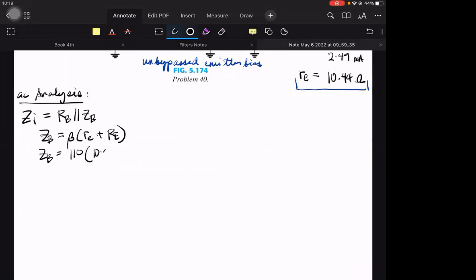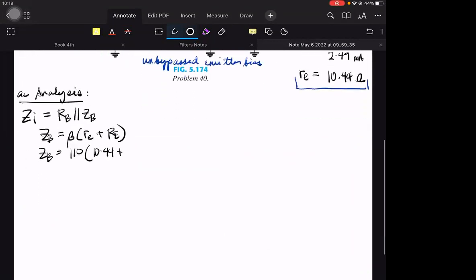Beta is 110, small re is 10.44, and big RE is 820. Therefore, ZB is